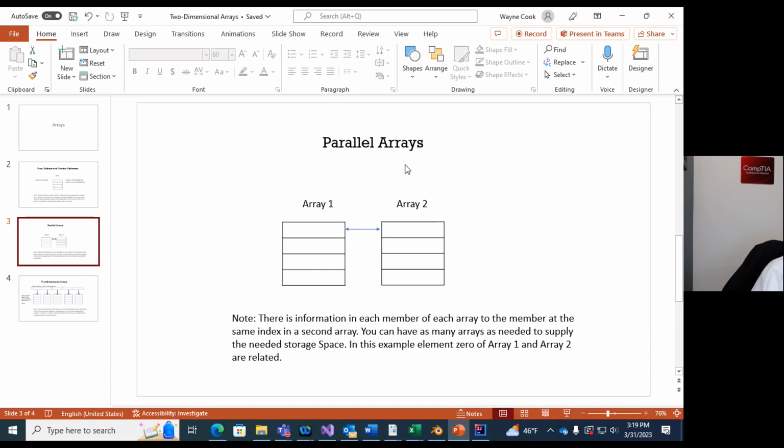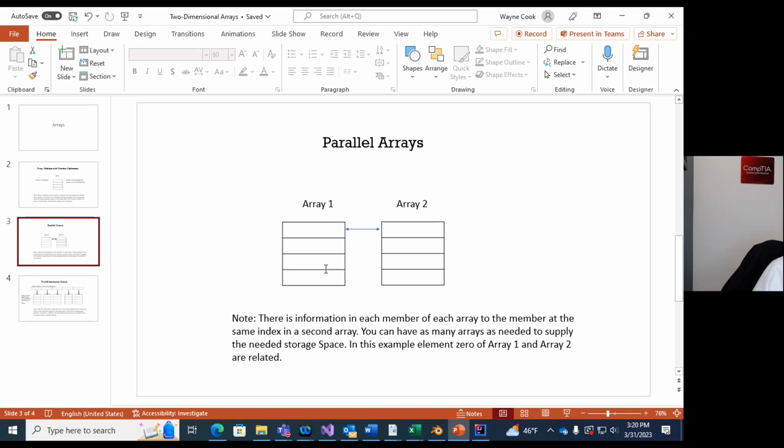Then a parallel array has 2 arrays with the same number of elements in them. And then the first element or member of each are related, the second element or member are related, the third element or member are related, etc. And so they have to be the same size. And whatever you index to get to 1, like in the case of the car example, then you need to index into getting the type of car like SUV,